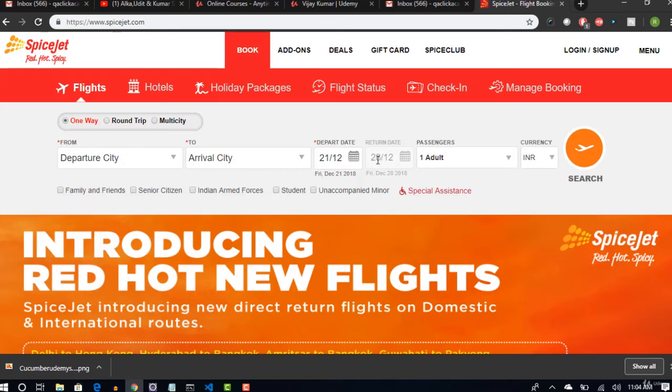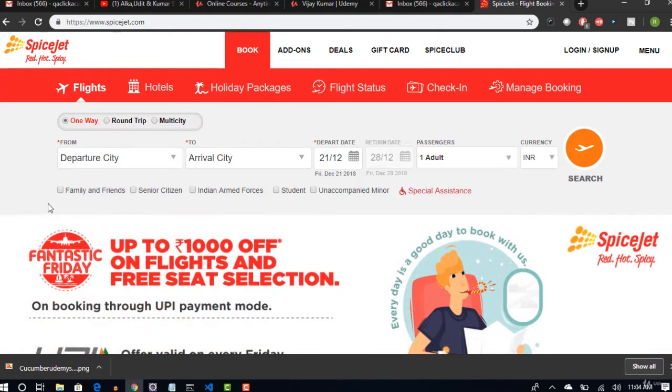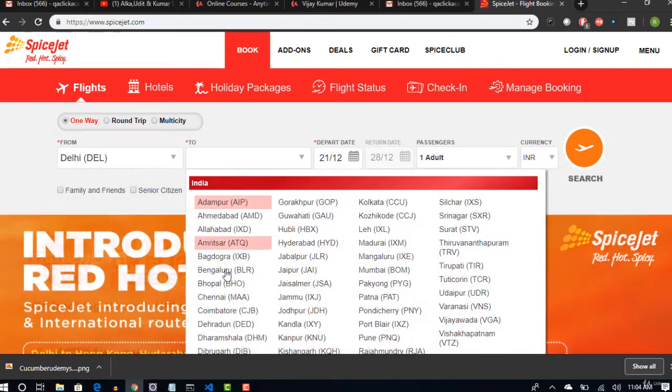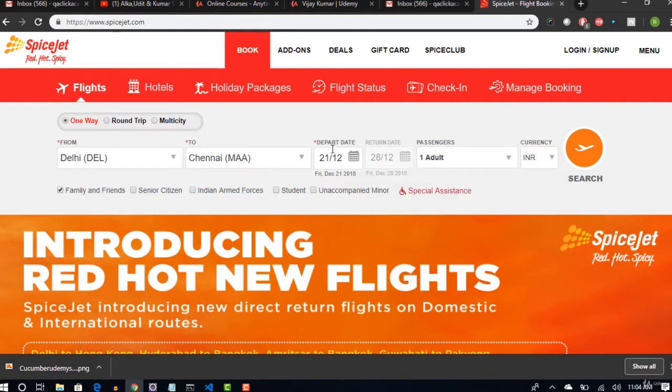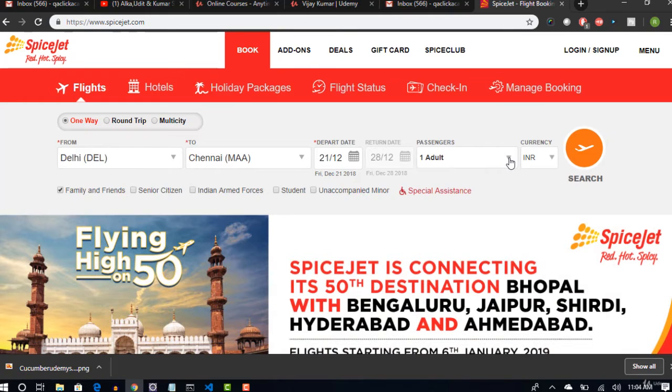Before we click on the search button, we will also make sure that the return date is disabled. And if you want to select any checkboxes, let's select this family and friends checkbox. So overall, our end-to-end test goal is to select Delhi as the from city and Chennai as the to city, with family and friends, on the current date, with 2 or 3 adult passengers. Is it not working? Maybe I need to refresh. Okay, we will enter 3 adults, check that the return date is disabled, and click on search. Let's do that now.